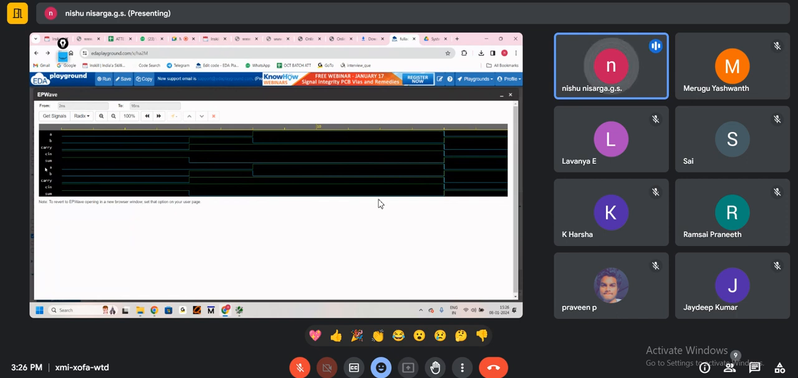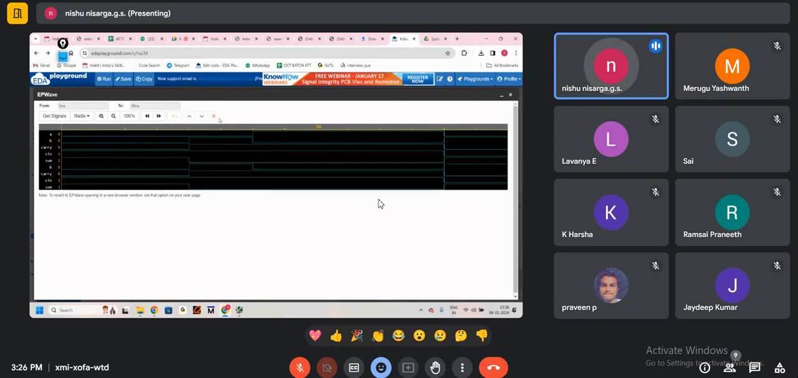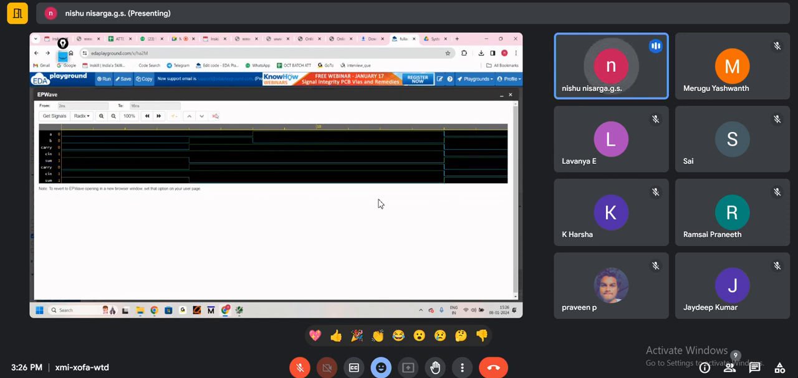Twice the signals are taken, it's fine. You can remove those signals also. So you just click on that signal and you get this option here. If you want to remove, you can remove like that. Click on this and remove. Okay,